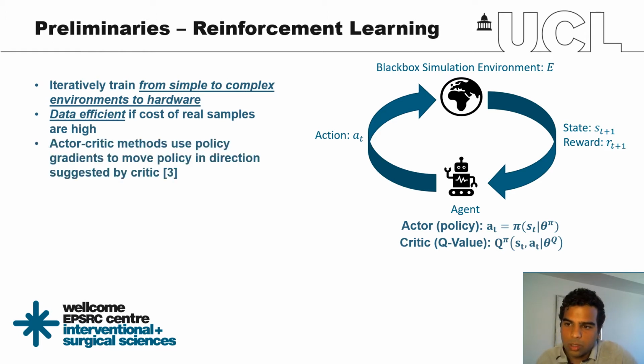And so there's this interdependent nature between the policy and the Q value or the Q function, and this results in the actor-critic methods. And the general idea is to use the policy gradients to move the policy in the direction best suggested by